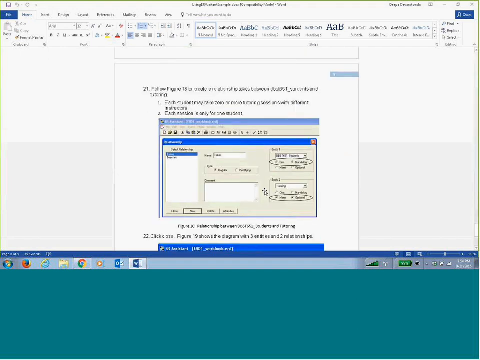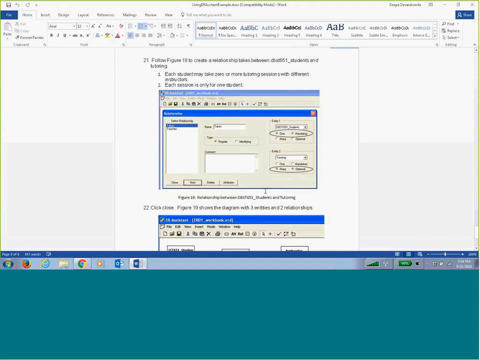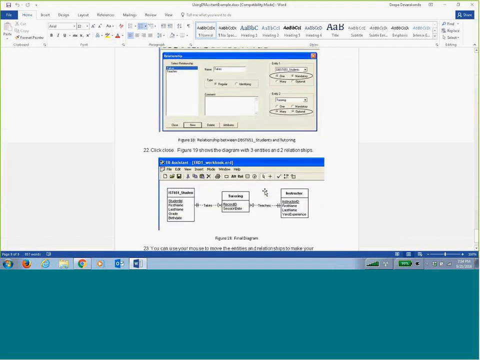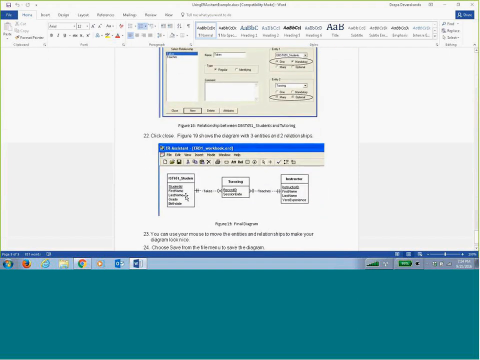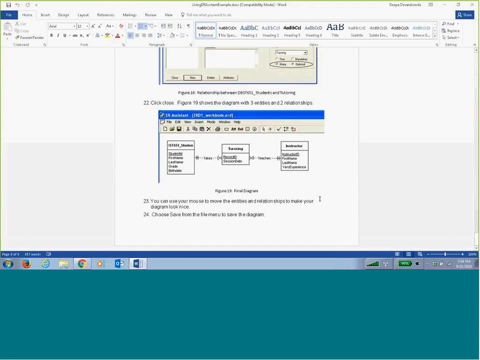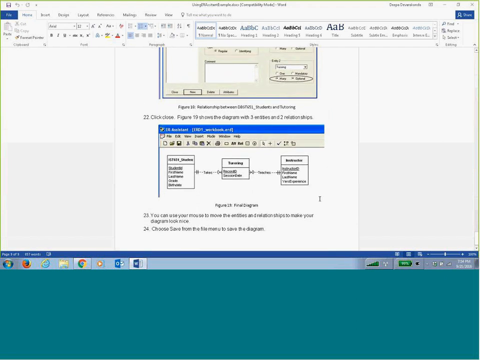Okay, so are you talking about this in 21 through? Okay, so you're saying tutoring and instructor. Is that the confusion you have? Right. I'm just trying to figure out whether I'm reading this correctly. I see. Yeah. So if you read it right, a tutor teaches